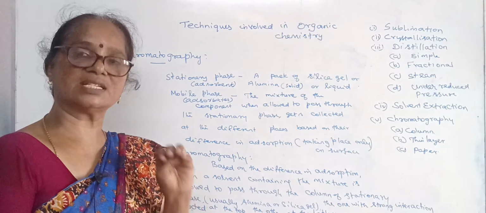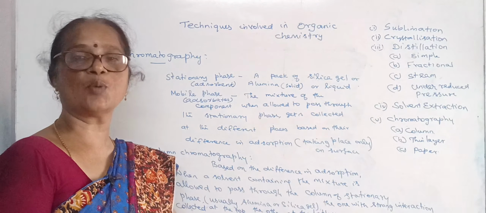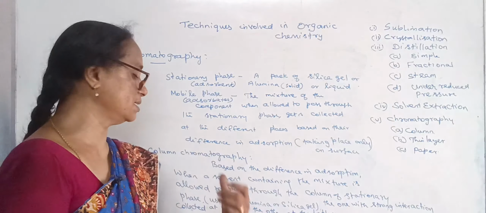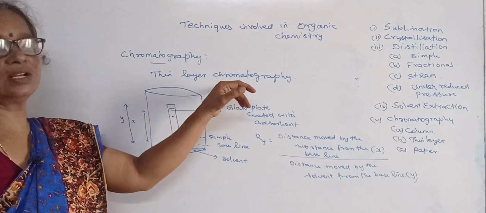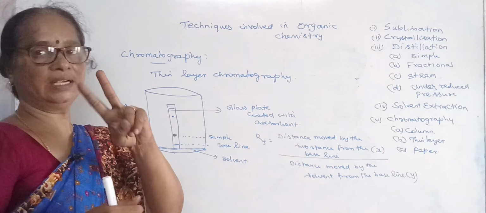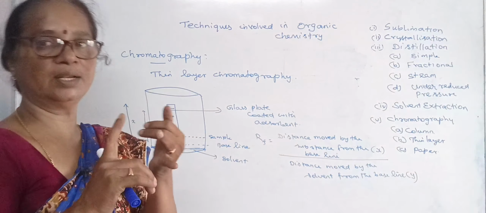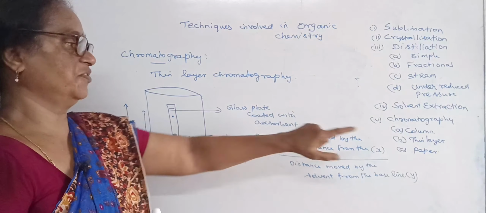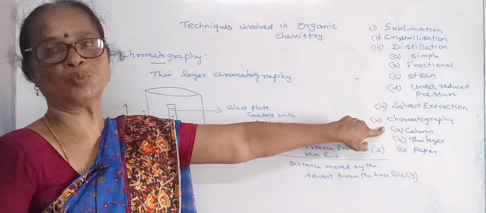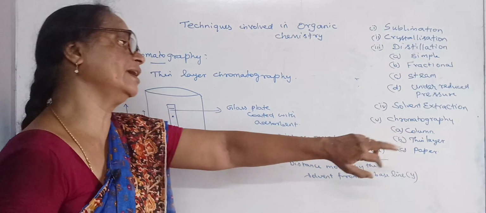And by using a suitable solvent, the different zones which have collected the organic compound can be separated out. This thin layer chromatography is also based on the technique of adsorption. It has two different types. The techniques involved in chromatography are adsorption chromatography and partition chromatography. The first one we discussed, column chromatography, is also part of adsorption chromatography, and thin layer is also